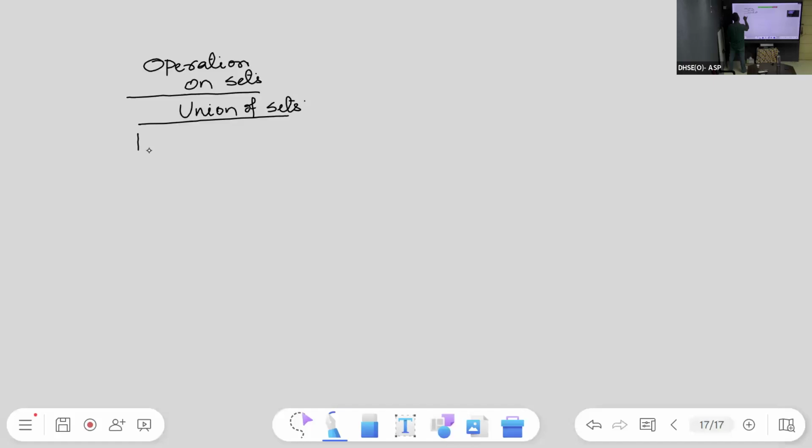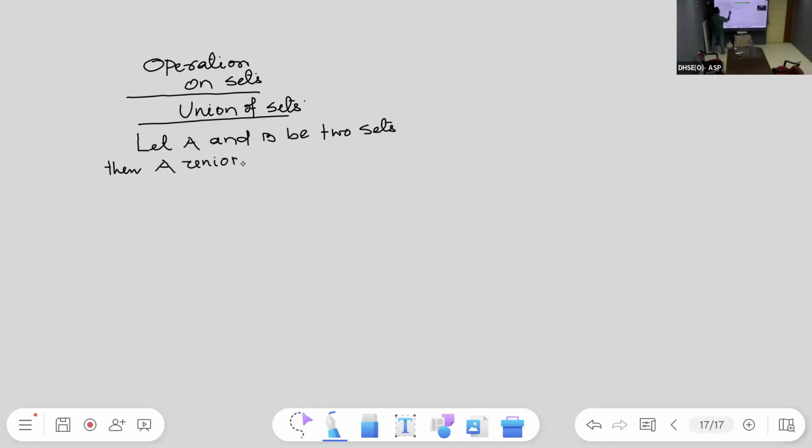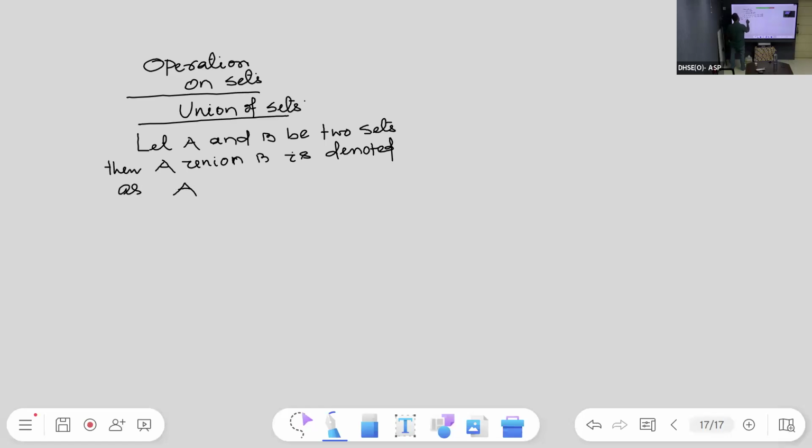Write down: let capital A and capital B be two sets, then A union B is denoted as A union B. This is the symbol for union, that is U, and the connective for union is OR, okay, which is defined by